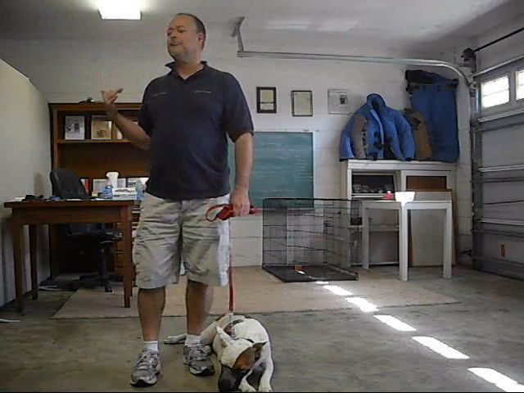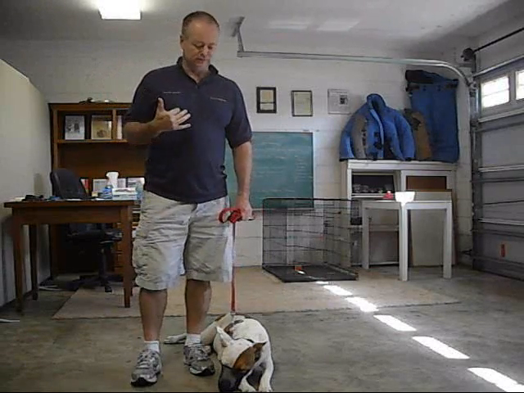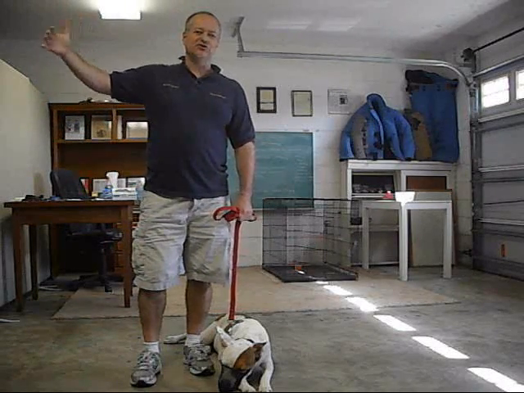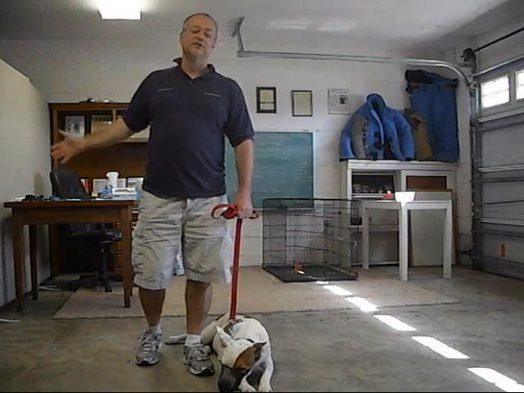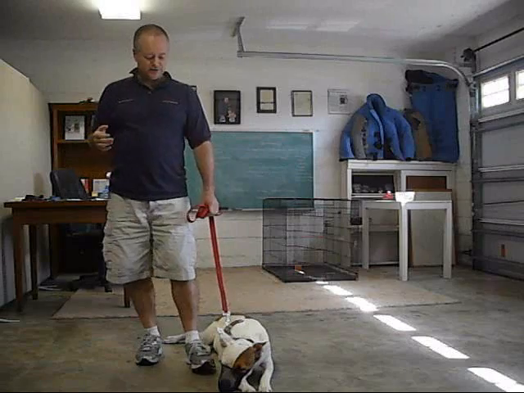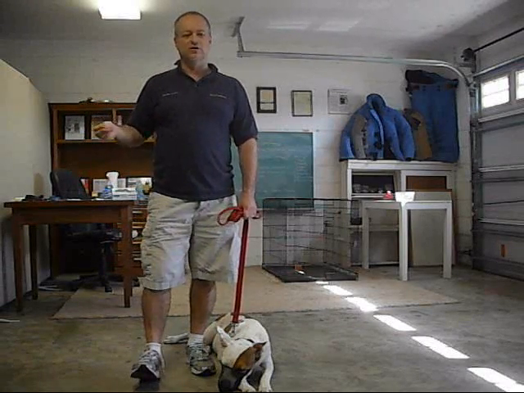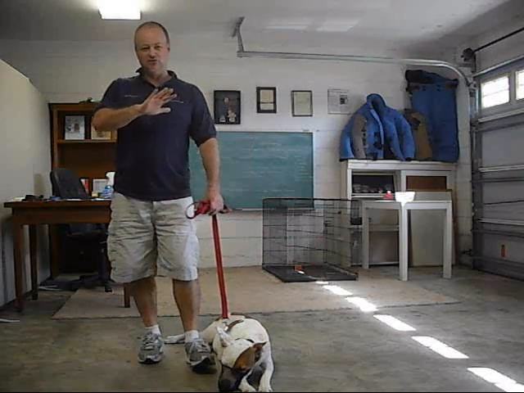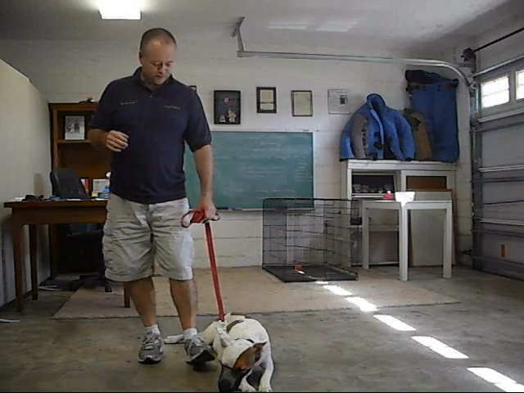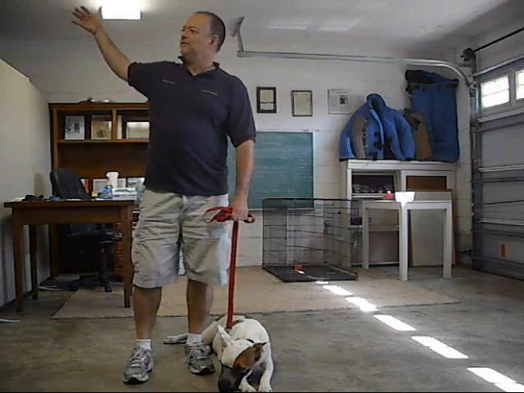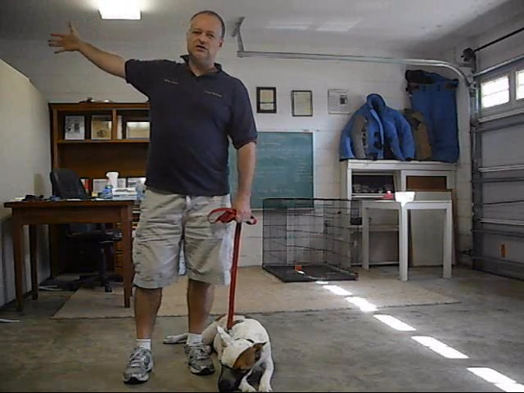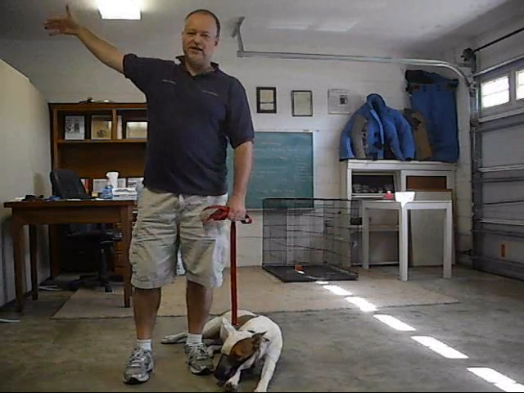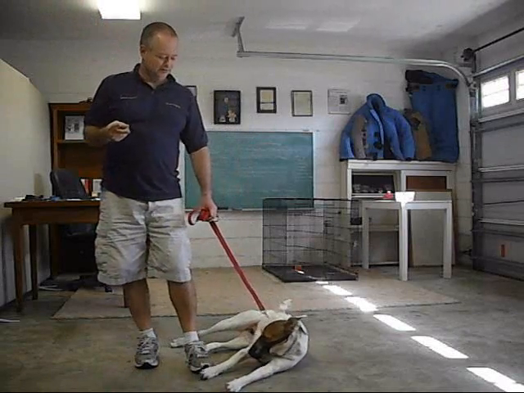I'm going to be taking Lucy out back in an area here where people show up and can't believe the amount of dogs around my neighborhood, which is great for my goals and what I'm doing, because if a dog has a problem with other dogs, within a few seconds I'm running into another dog. I'm doing everything in a controlled way here, but right outside my house I've got a dog on one side, a lab, and then at the back end along my fence line, the dogs are there but it's totally controlled, they can't get over on my property. I have two more dogs that will actually